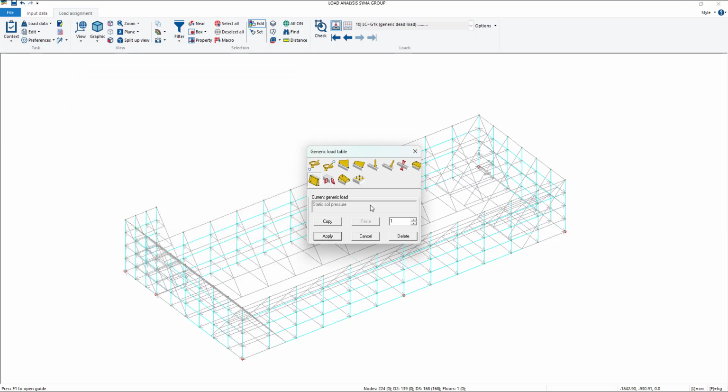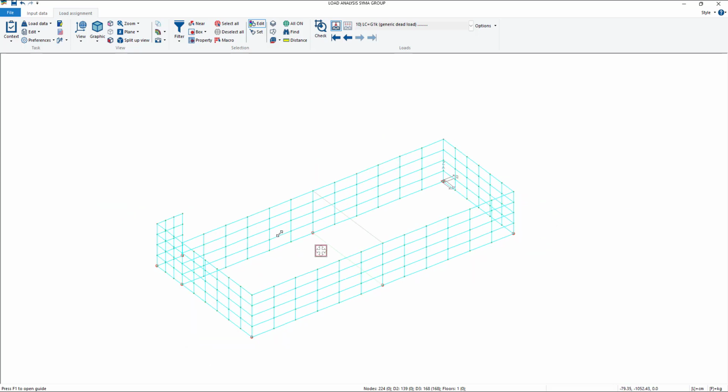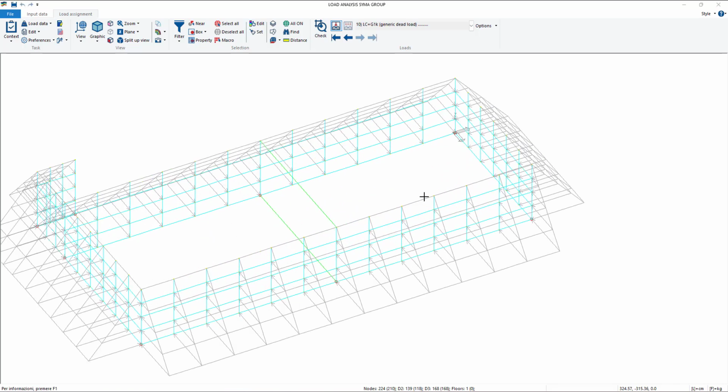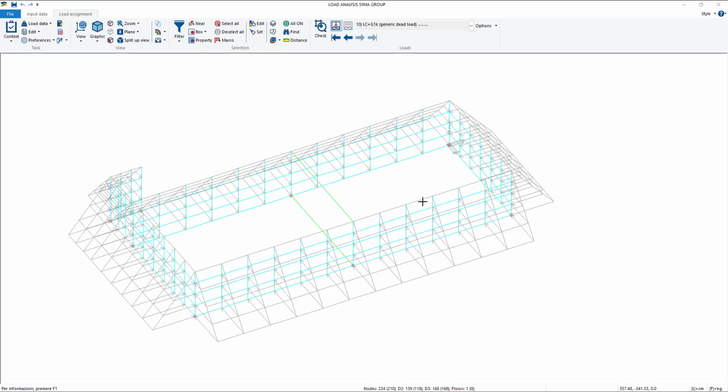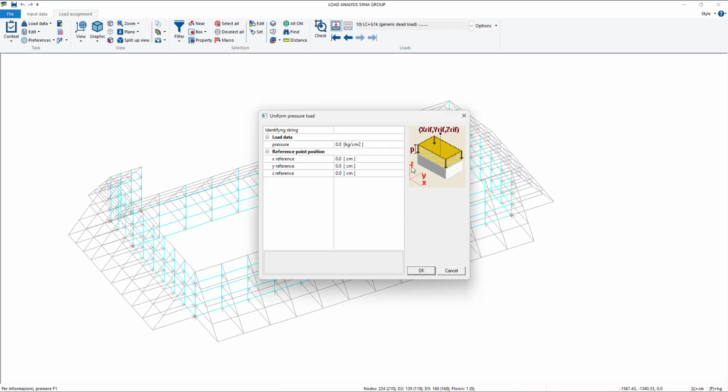So this is basically it for the assigning and application of the static load for the soil. And now we're going to do the same also for the pressure load generated by the soil in seismic condition. So first of all, we create a generic load. This time it is uniform, so we're going to use the uniform pressure load instead of the non-uniform. So double click on it.